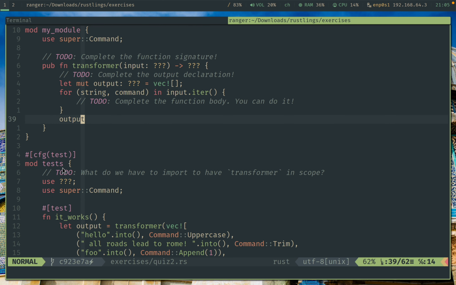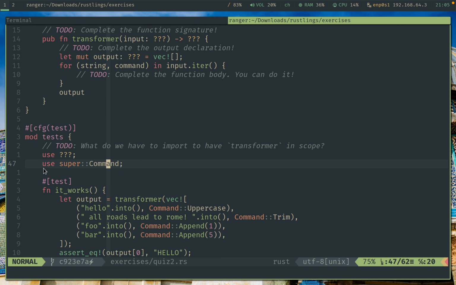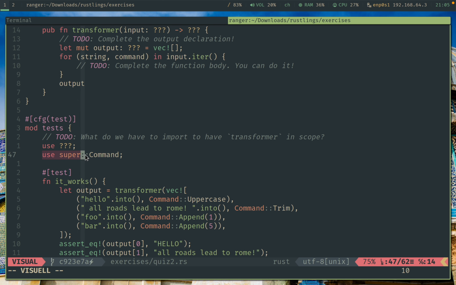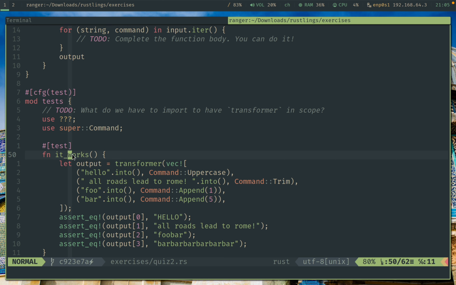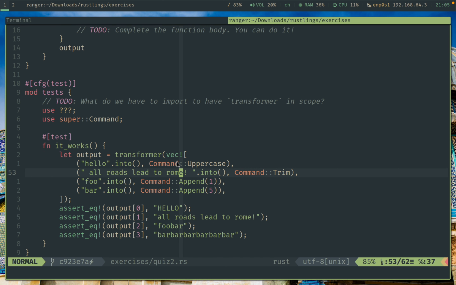And then we have our tests. So we have another to do over here. What do we have to import to have transformer, this function, in scope? So that's what we have to do here. As you can see, the command enum is already imported, and then we have a function here. It works. Basically, this calls the function transformer we have to implement over here, and it passes it a vector,